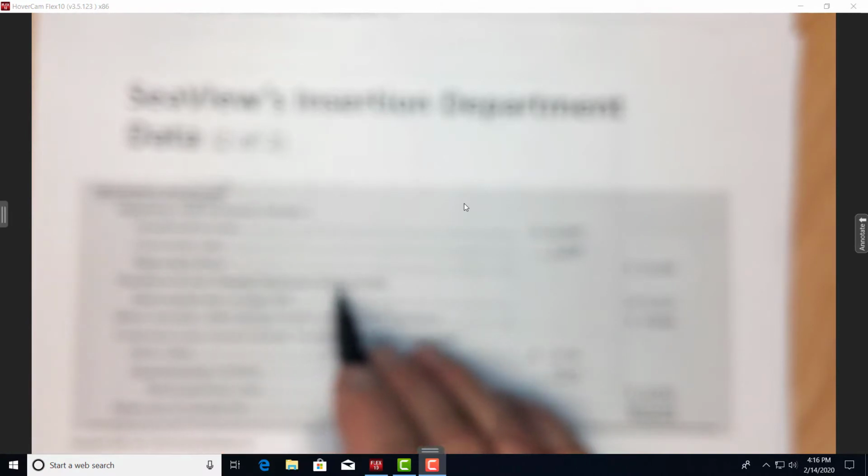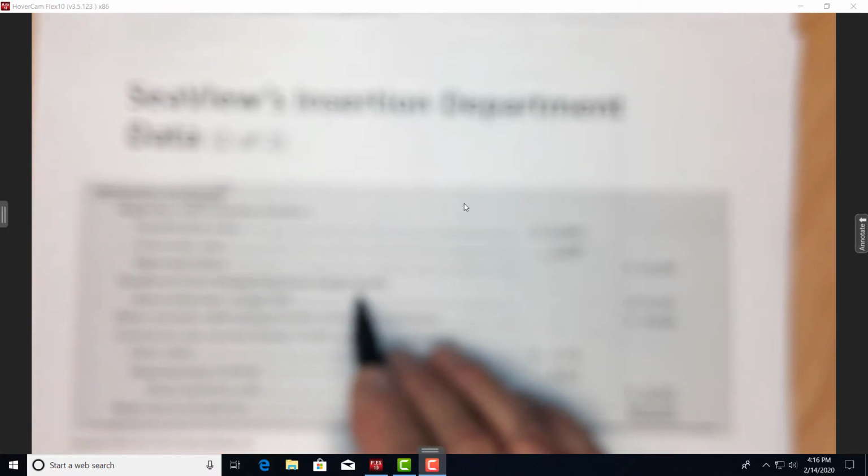The transferred in from the shipping department is going to be $176,000, and direct materials added is $19,000. Conversion cost, direct labor and manufacturing overhead, total conversion cost right here, $12,935 for a total of,